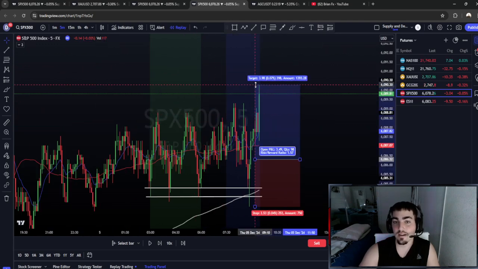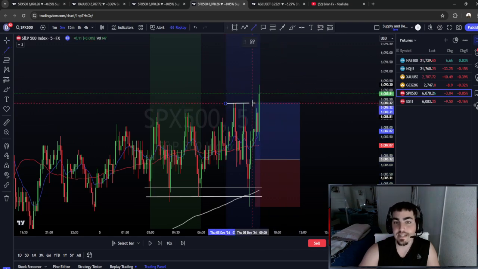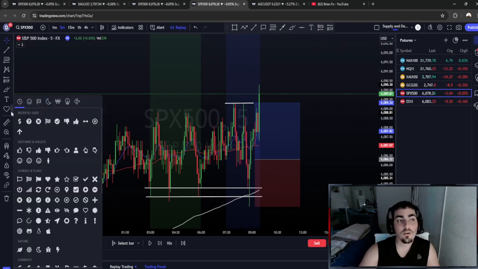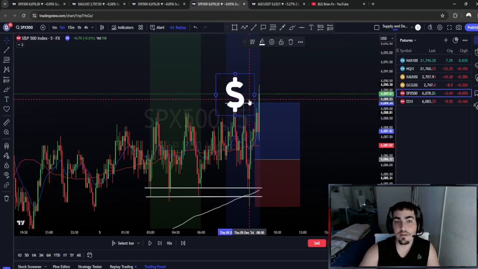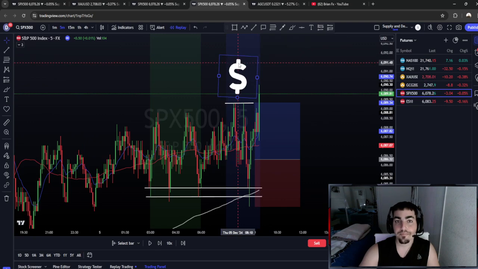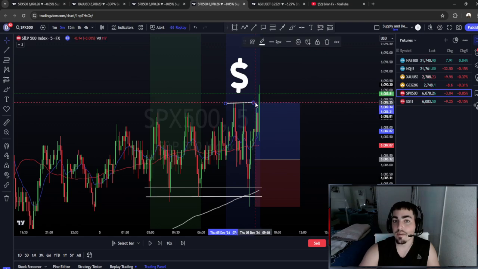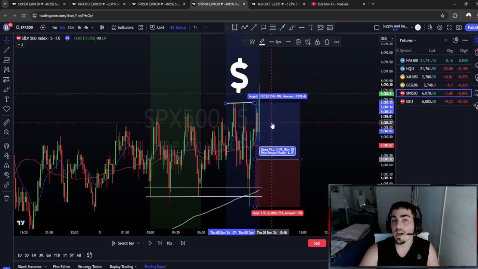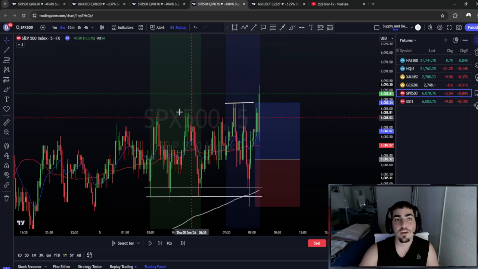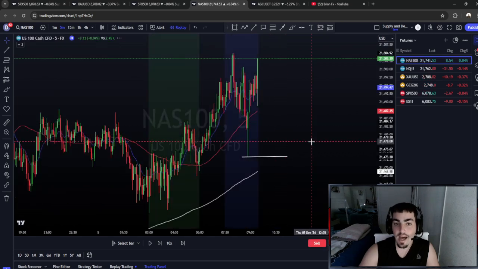This literally gave you more than a 1-to-1. You could have aimed for like these equal highs that you guys can see over here. That is also liquidity sitting right there. So you could have aimed for that level right there, and that would have been your TP a little bit over a 1-to-1. So yeah, perfect day also on SPX on Thursday,